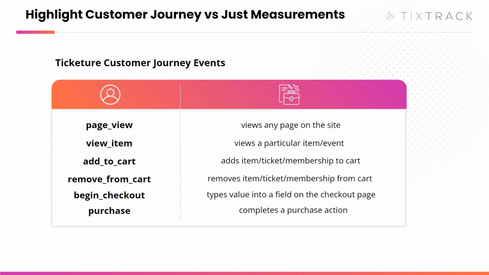But we wanted to see, of that, how many people actually start typing in a value on the checkout page. And so if someone actually goes to the checkout page, clicks in any of those text fields for name, email, or whichever, and hits a keystroke, we fire off a begin checkout process. So it's giving us insight into what they're doing along the way.